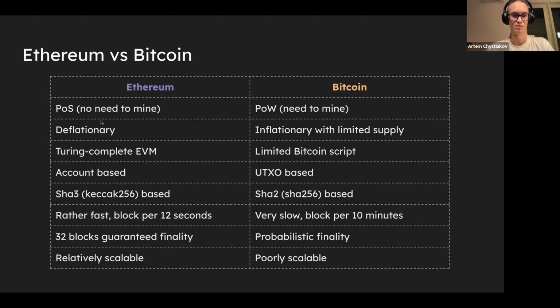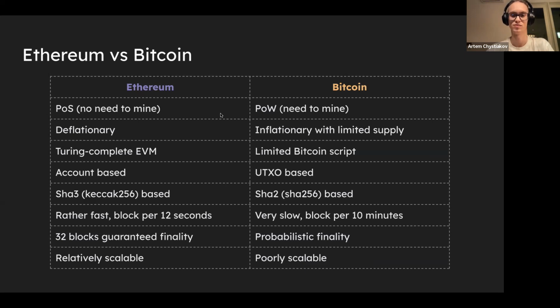Ethereum is a proof-of-stake blockchain right now. It used to be a proof-of-work blockchain, but changed its consensus to proof-of-stake. You don't need to mine Ethereum. It is given as rewards for your active participation, that you secure and provide trust to Ethereum. Actually, with the current proof-of-stake consensus, it is much easier to lose Ethereum if you're a validator than to earn it.